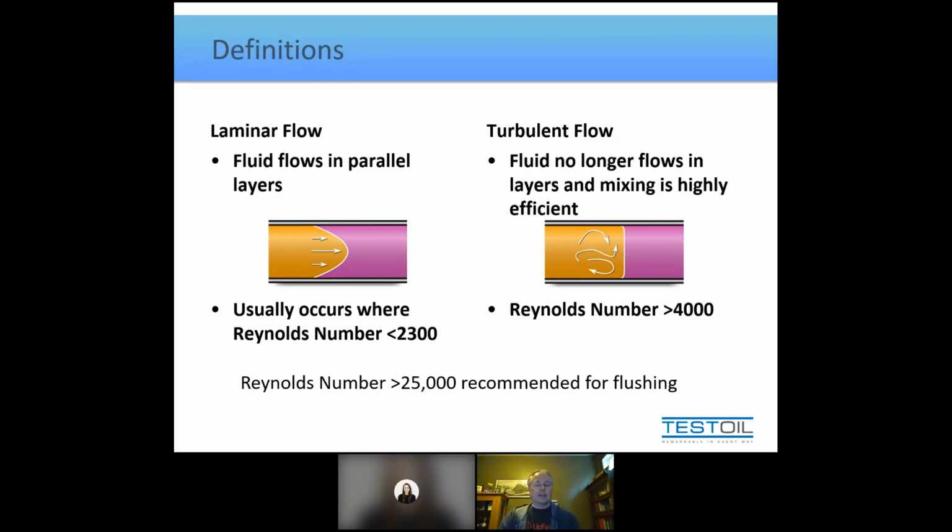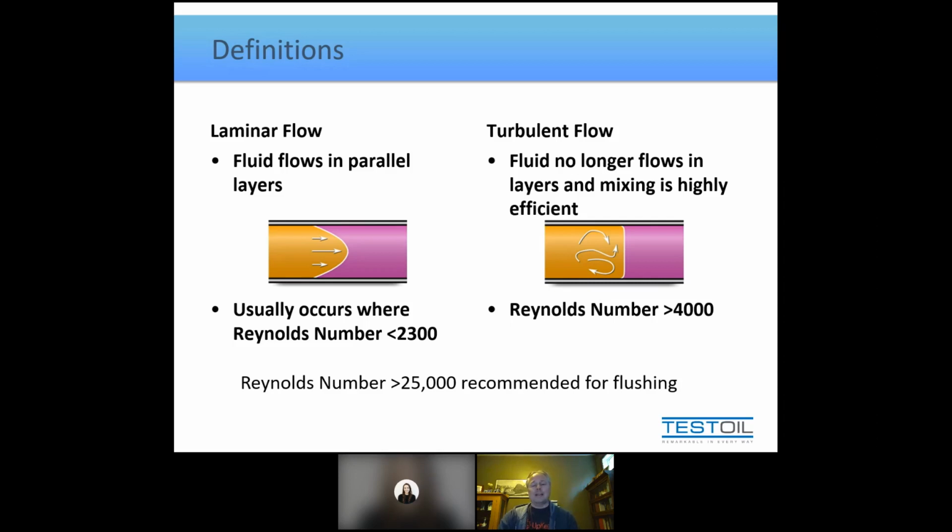And I guess the best example I can give you is, think of it this way. Whether you go to the car wash or you go to your garden hose, if you consider that the flow rate out of either is 5 gallons per minute, what changes is the velocity. And you think, what would you rather use to clean your car if it was muddy? A pressure washer or a garden hose? You're going to get the same 5 gallons per minute of water. So it's not about the flow rate, it's about the velocity, right? And that's what we're really going for. And that's the big factor that can change a Reynolds number, the velocity through the piping. So, think of it that way if it helps.